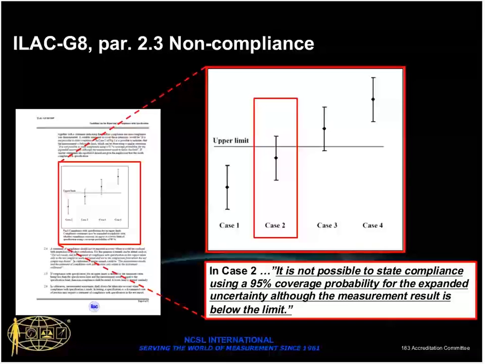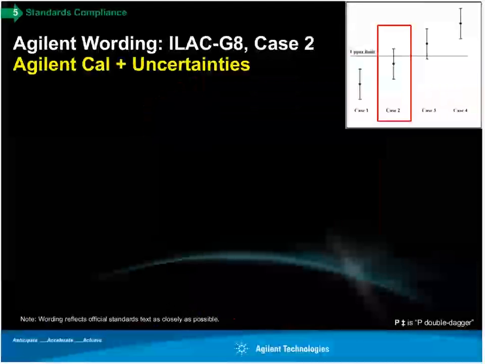So it's important to come to terms with the reality of this situation. And the reality is that you have those 4 cases. There are not just 2 cases, pass and fail. And if you shrink that uncertainty band to small amounts, you'll see that it becomes a lot clearer for a lot more measurements. And on the next slide,